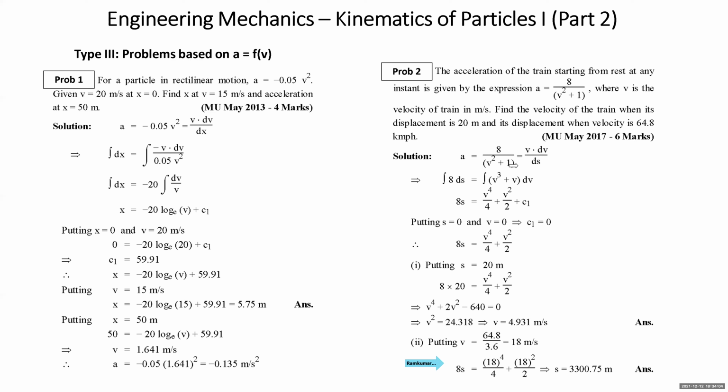So this is all about my second lecture on kinematics of particle, part 1, where we are covering rectilinear motion. In my previous lecture, I had covered rectilinear motion at constant acceleration, including the problems of rectilinear motion at constant velocity. In this lecture, I have covered 5 problems on type 1, where acceleration is a function of time. In type 2, where acceleration is a function of displacement, 4 problems I've discussed. And type 3, where acceleration is a function of velocity, 2 problems have been discussed. With this, the entire concept of rectilinear motion at varying acceleration has been covered.